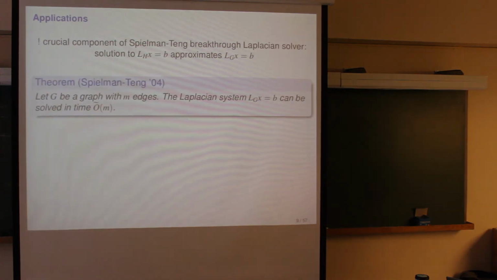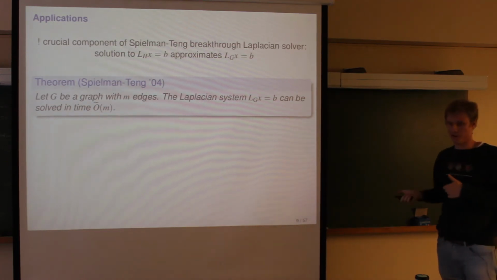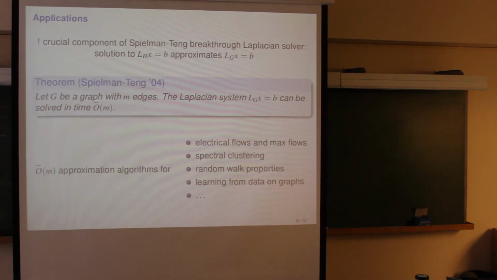And this led them to prove that for any graph with m edges, you can basically solve this original Laplacian system in time O tilde m. And here again, the idea is that you just sparsify G to get a much sparser graph, which you can work with more easily, and then solve the system in this sparsified graph, which approximates the solution of the original graph. I mean, their algorithm goes a bit further than that, but that's kind of the main idea. That's why they were interested in this problem.